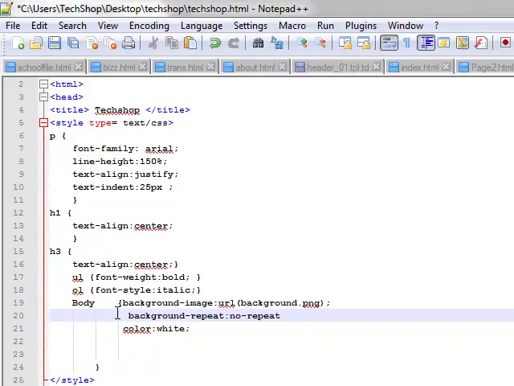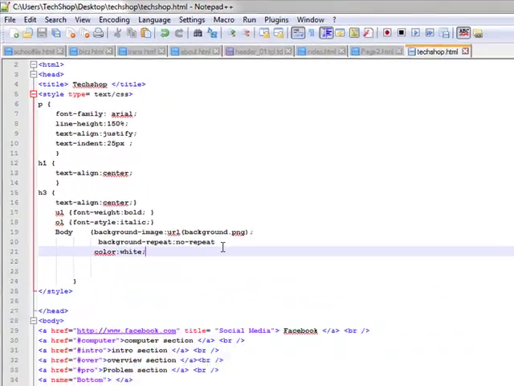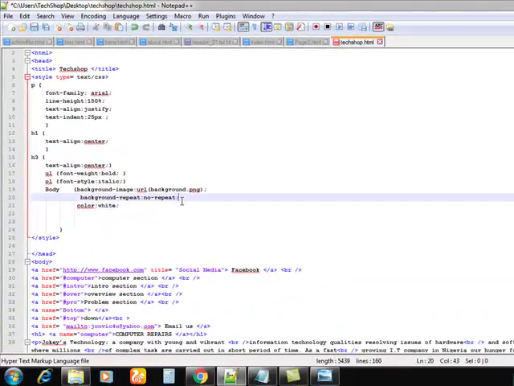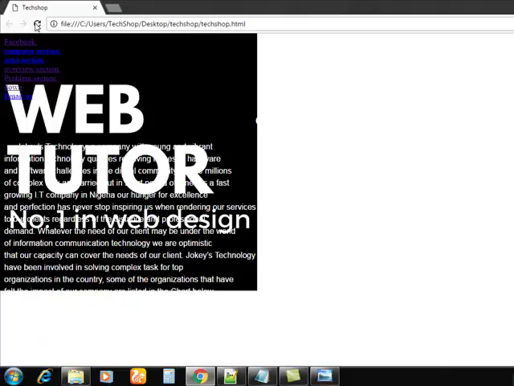I will just save it with Ctrl S. Sorry, I've not put my semicolon at the end of the line so that the system will know where it ends. Ctrl S to save it. I made one mistake again. So save, and when we go back to our browser,